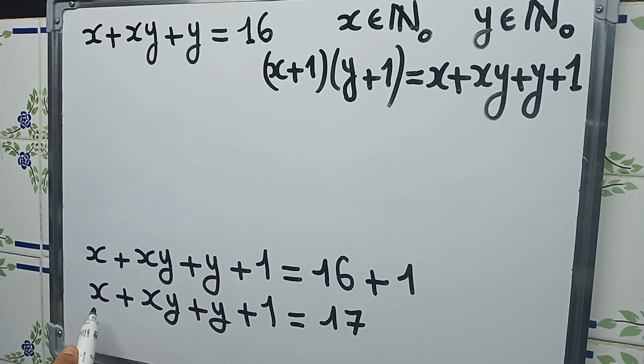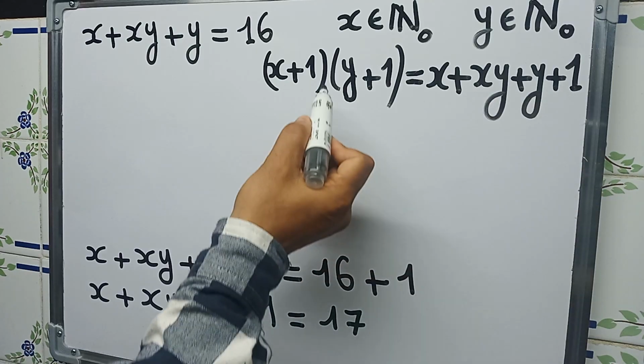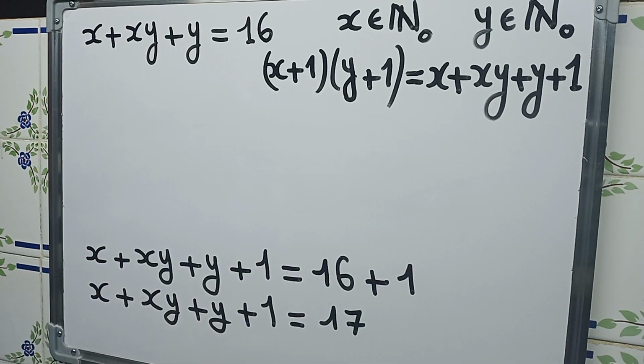And since x plus xy plus y plus 1 is equal to (x plus 1) times (y plus 1),